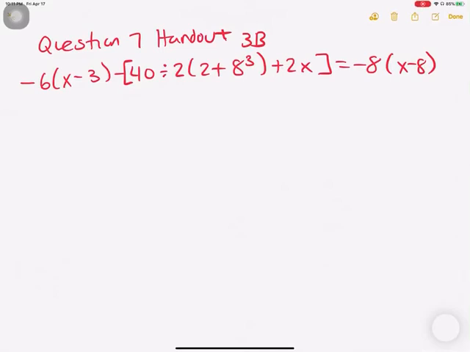Hello everybody. I will try to solve this problem which comes on Handout 3B. I've been having several questions about how to solve this. Okay, and I believe this is asking if this is going to be an inconsistent equation, an identity, or a conditional